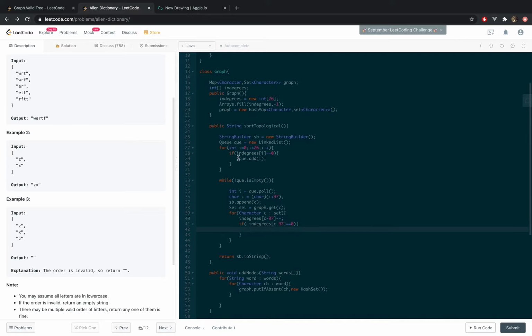If this is 0, then we'll simply add it to a queue. Q dot add